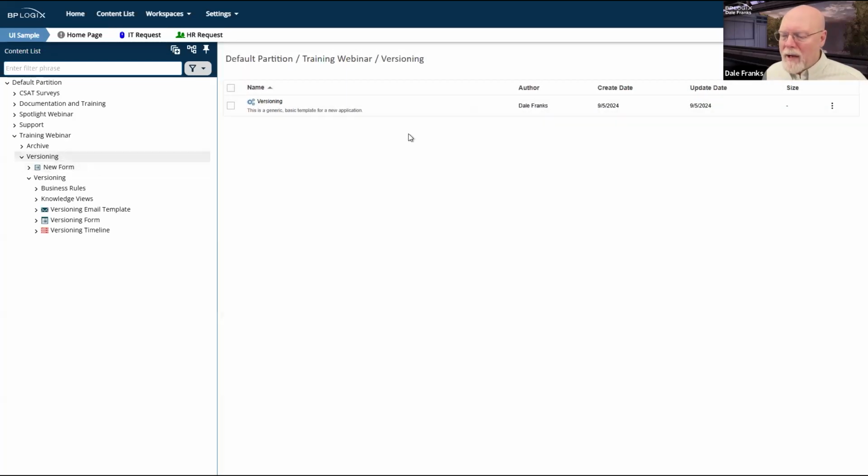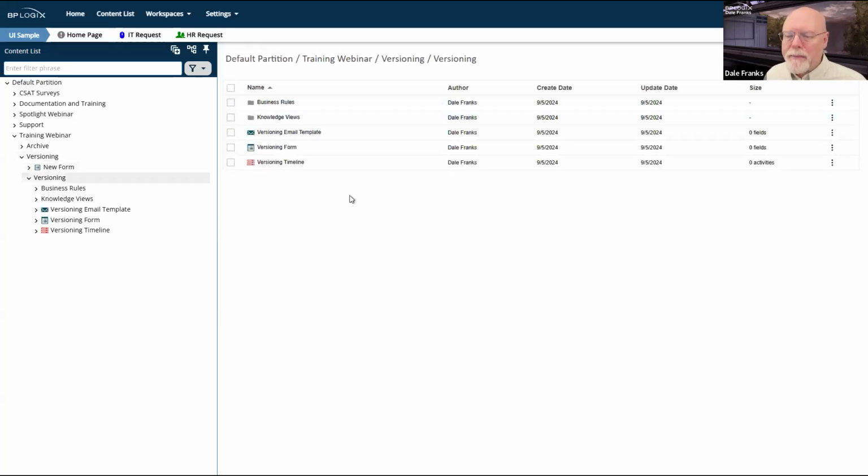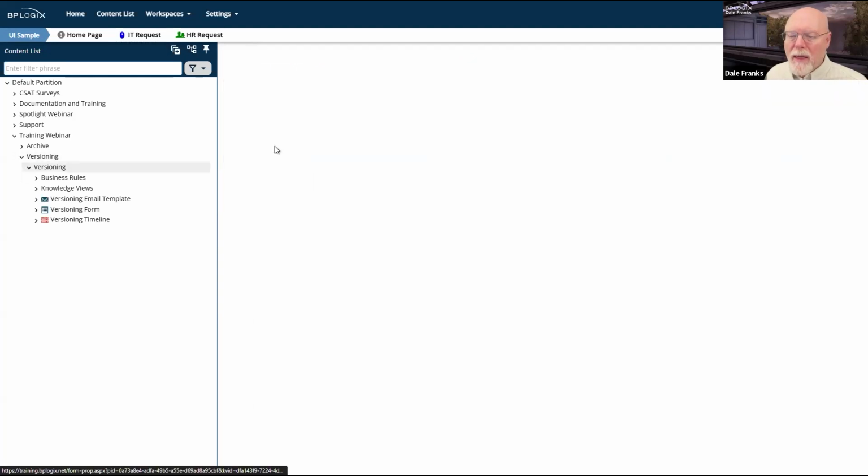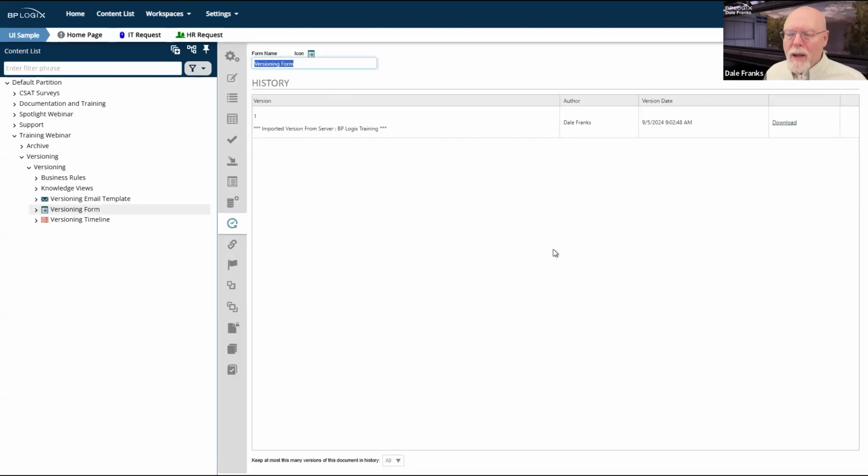Let's go back into my versioning app, and we'll open that form. Okay, so this is what we saw initially, and we saw this line here, imported version from server. You are not going to see that whenever you create it from scratch, because obviously you're not importing it. But if you do create it from the template, that does count as an import.